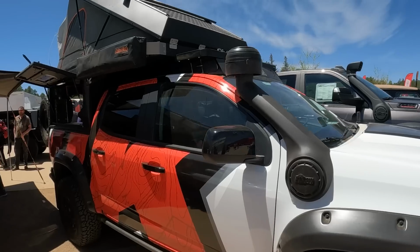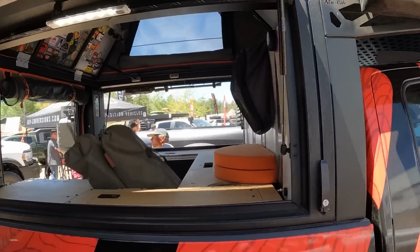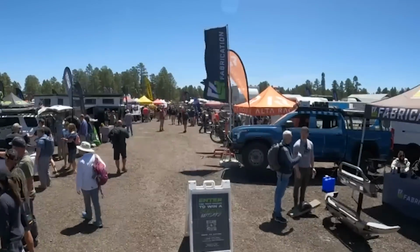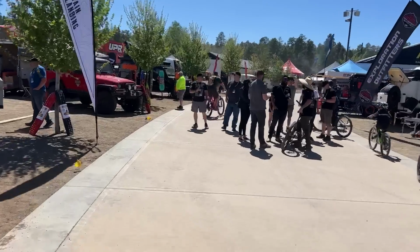Overland Expo West. It was our first time out there. Man, that was an incredible show. Just such a cool environment, so many cool things to see, rigs, trailers, gear. Oh my gosh, it was honestly overwhelming. But while we were there, we compiled kind of a top 10 list of the favorite things that we saw